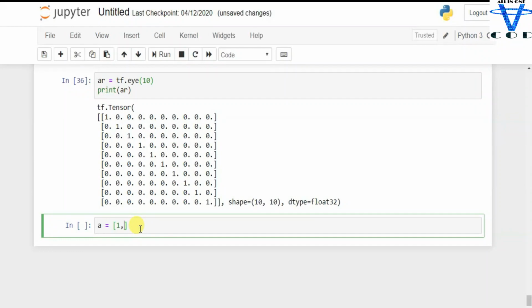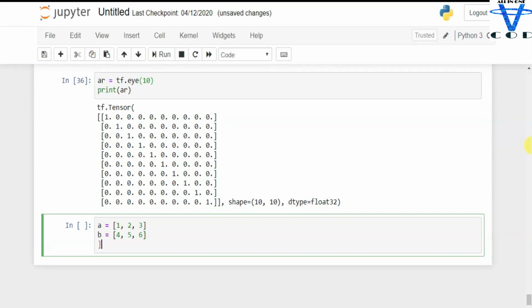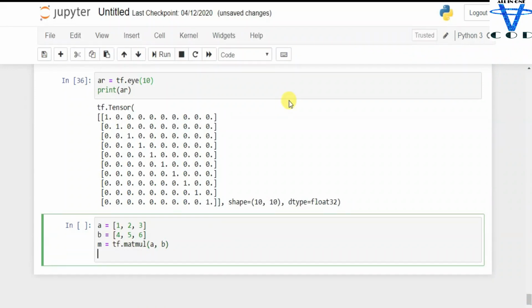A equal to 1 2 3 and B equal to 4 5 6. And let's try matmul. M equal to tf.matmul, and let's pass A and B. Let's simply print the M.